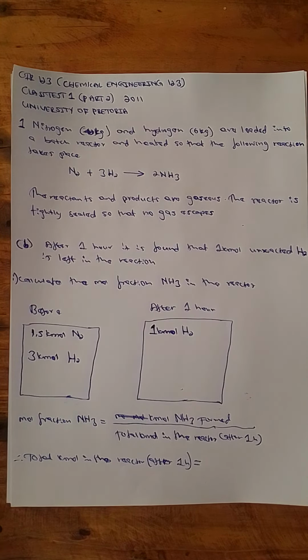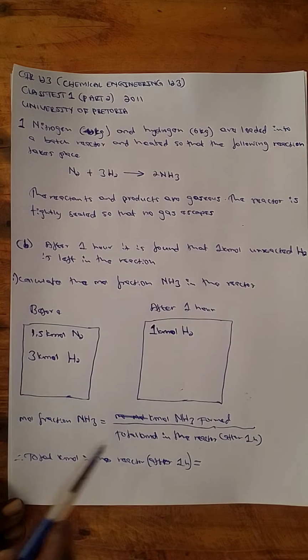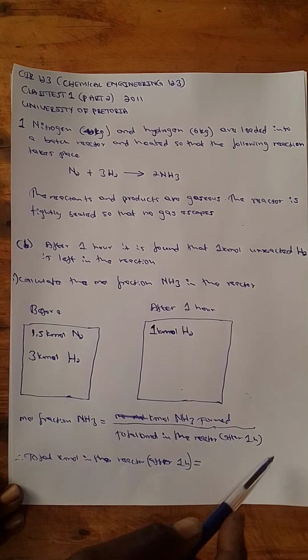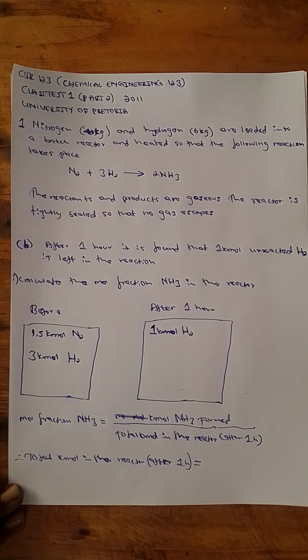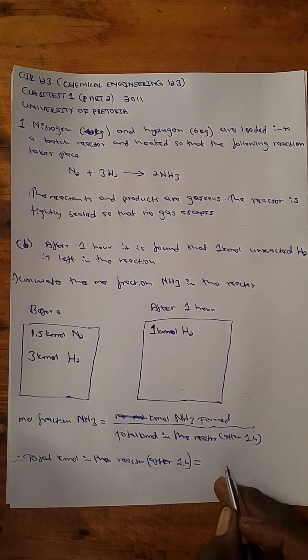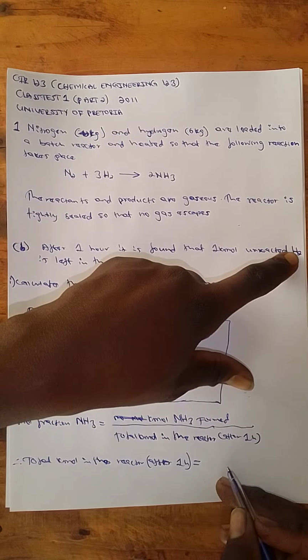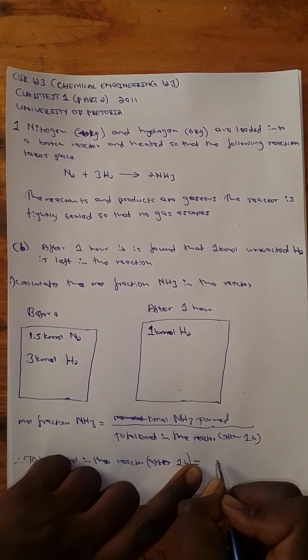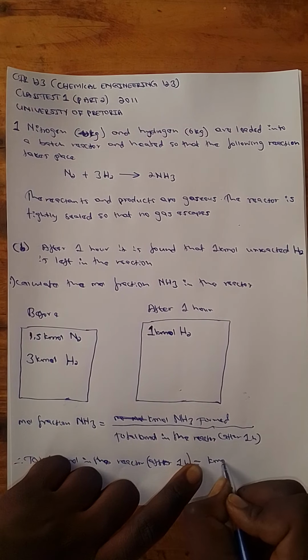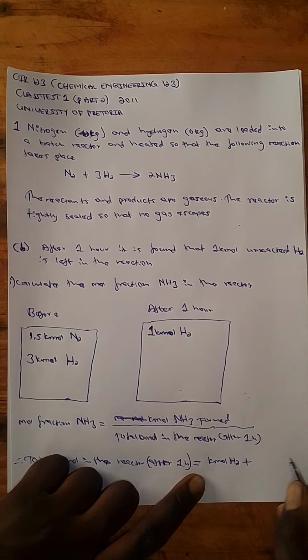Now, for us to get that, our first or easy approach to answer this question is to calculate the total kilomole in the reactor after 1 hour. If we're going to calculate the total kilomole, we know full well that we are told that after 1 hour we have 1 kilomole of unreacted H2. So that is the first thing. We say kilomole H2, because that's something we are told, plus